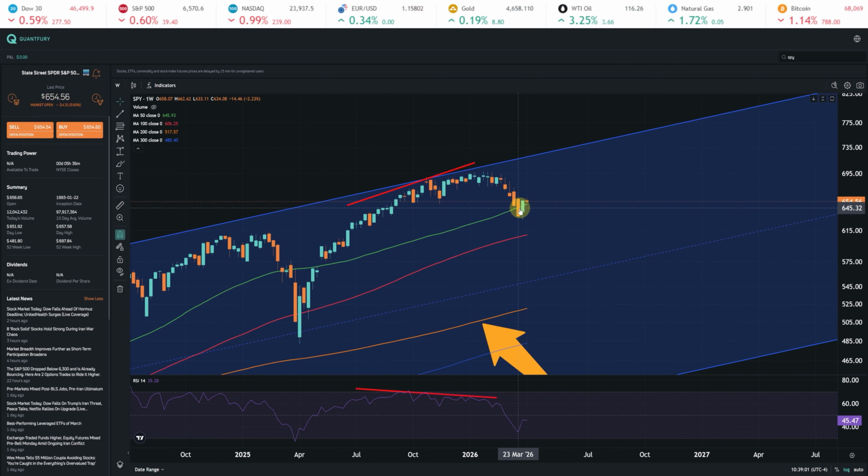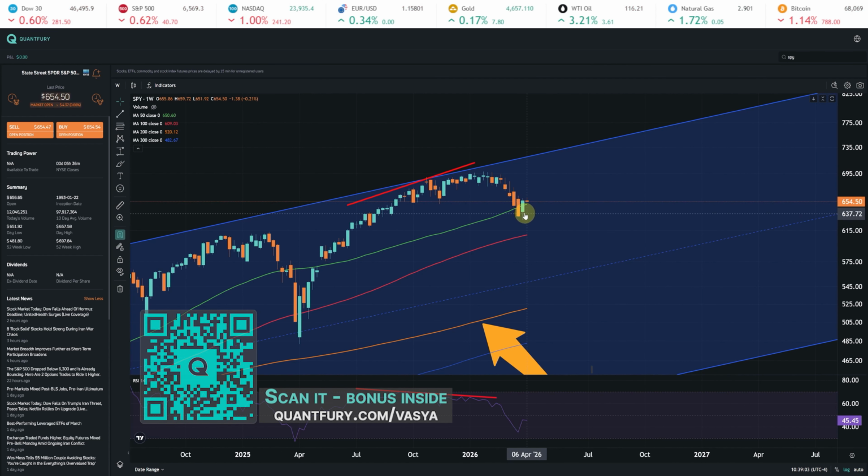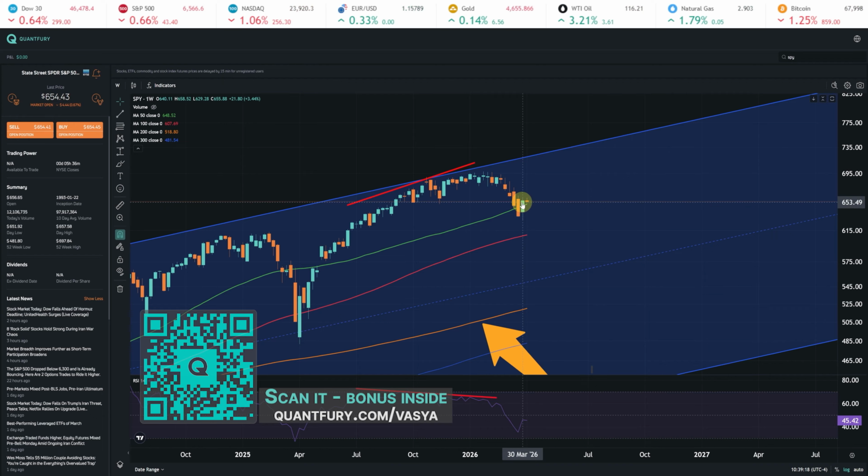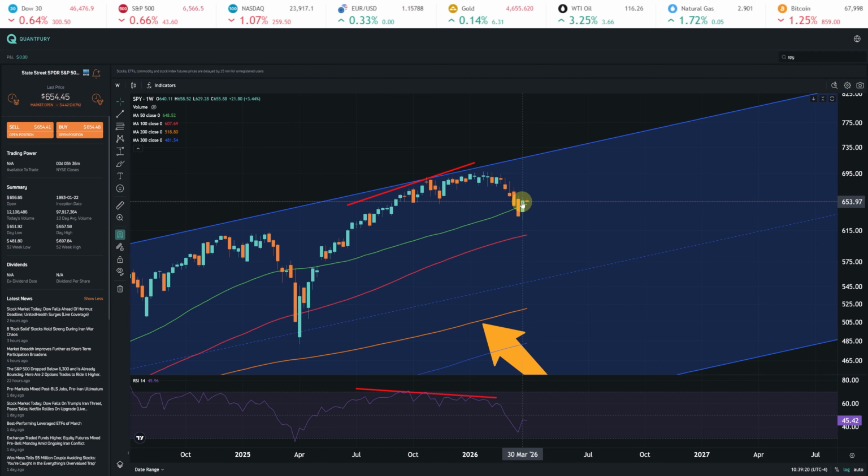Why? Because this week of decline from March 23rd was not engulfed by the week of growth from March 30th. Accordingly, we can't even talk about any kind of local reversal, although it is certainly possible. The other question here is where to look for a short entry point or when to buy. Well, in my opinion, it's absolutely not worth buying right now. A short entry point given last week's green close is also quite debatable.